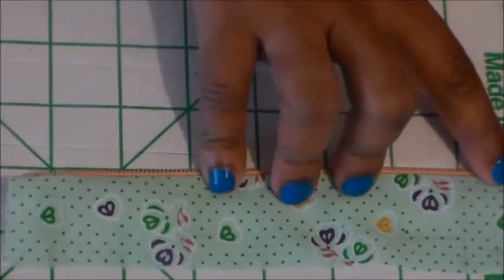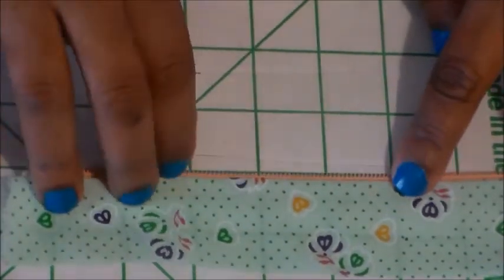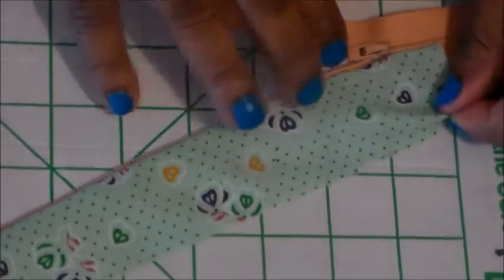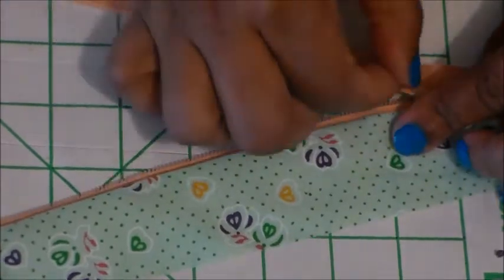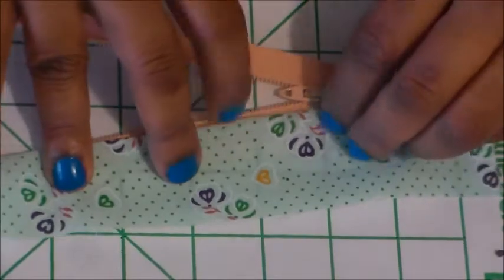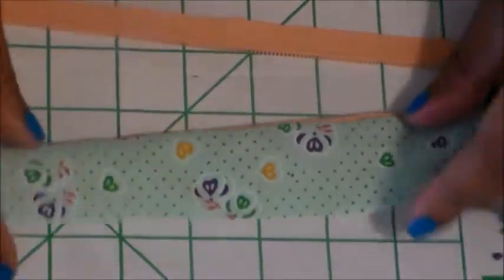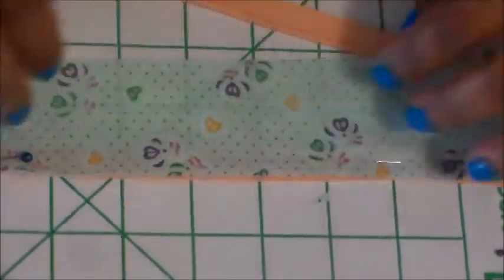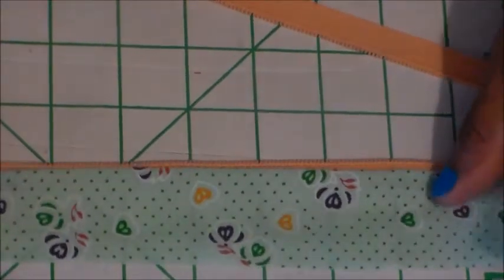And you want to be like 1/8 of an inch away from the teeth because you don't want the fabric to interact with your zip. So if you're 1/8 of an inch away from the teeth, as you can see, you should be able to zip and unzip just fine. So make sure you're at least 1/8 of an inch away from the teeth. And you're going to sew on this side, sew as close to the teeth as you possibly can, about 1/8 of an inch away. And then we're going to fold it over like this